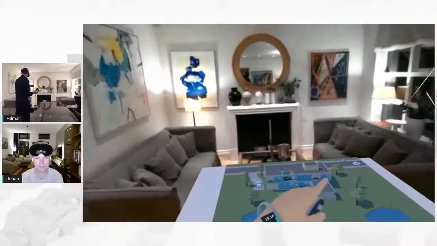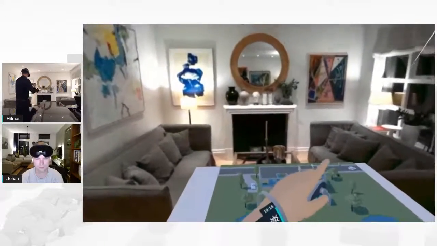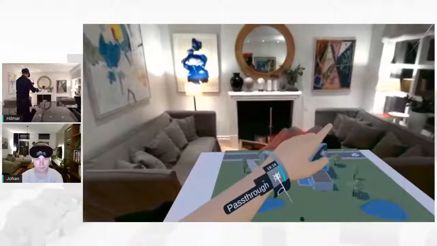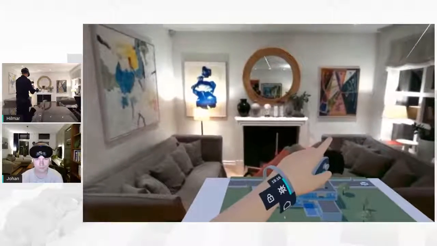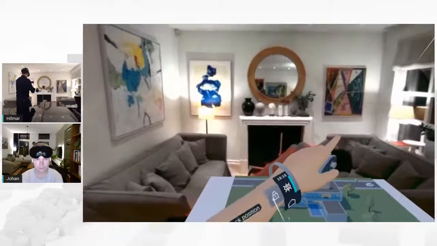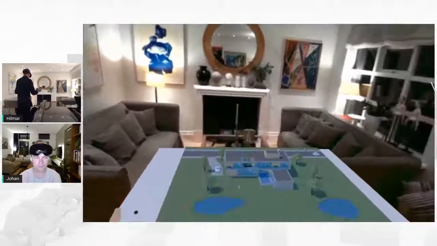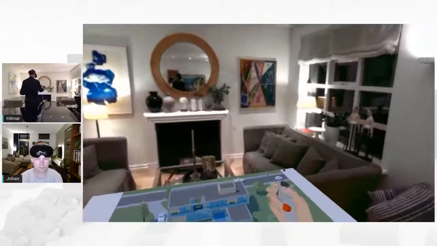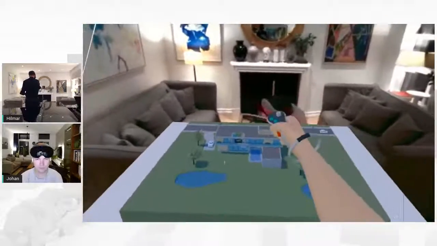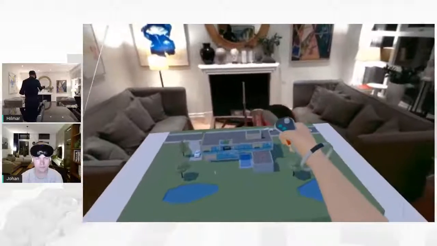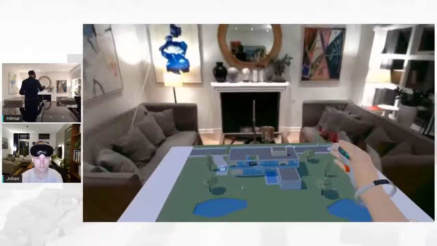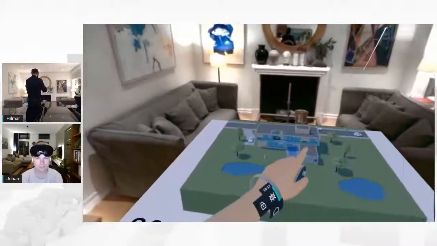If you take a look at my bracelet, you can see that I have my pass-through toggle on, and you can see a new icon next to it, which is the lock icon. Now, I'm currently not locked in place. I can hit the grip button on my controller, and I can move the scene around like you typically do in Arkio. However, if I hit the lock button,